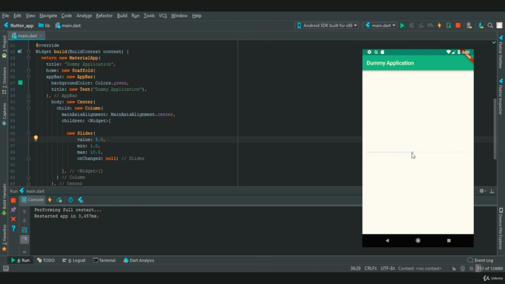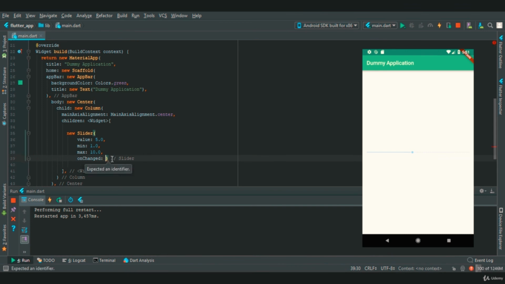As you can see, we have successfully created a slider which has a min value, max value, and the value here is 5. Now the slider is disabled because there is no onChanged operation performed. So let's do this.